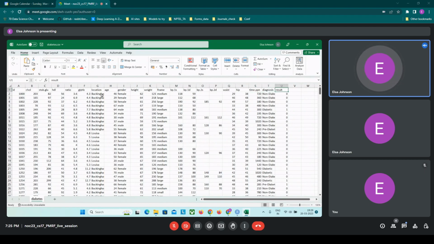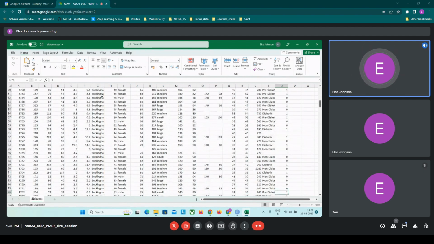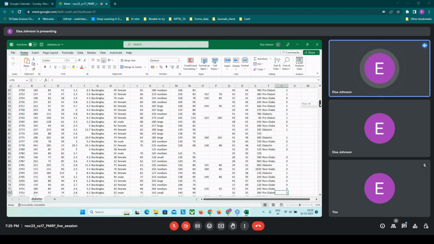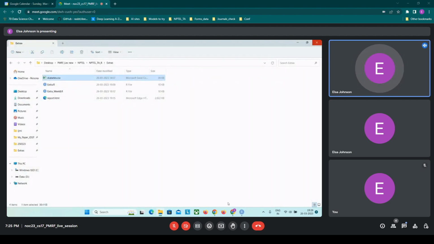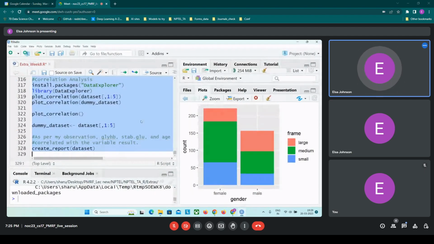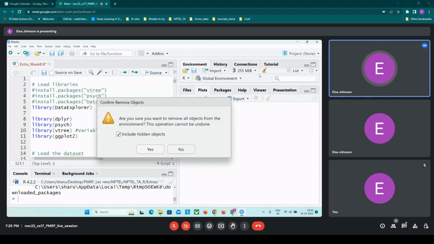And the result: if the person is non-diabetic, then it's 0, and diabetic is 1, and pre-diabetic also right now is labeled as 1. Okay, so that is how the dataset looks, and it has about 404 observations. Okay, so right now what we'll start with is that I'll just clear everything,